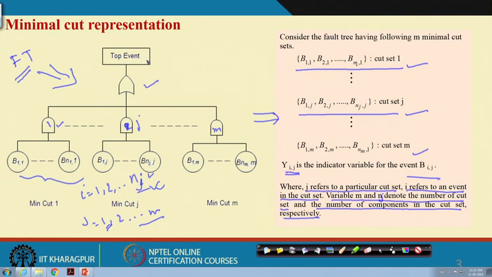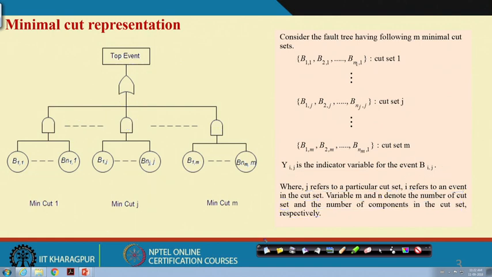So, what will happen is that there will be 1 or 2 cut sets, 3 cut sets, there can be many number of cut sets, many number of combinations. That is why here an OR gate is used and here an AND gate is used. For any fault tree represented by cut sets, the equivalent fault tree using cut sets is this. And then for the notation, the basic events, the cut sets and the indicator variable will be like this.